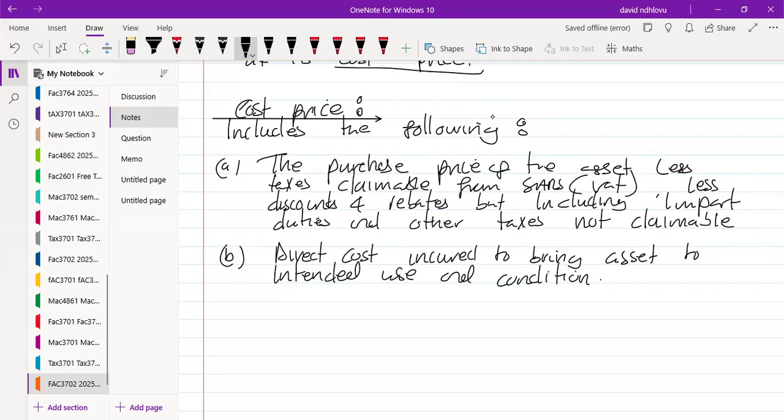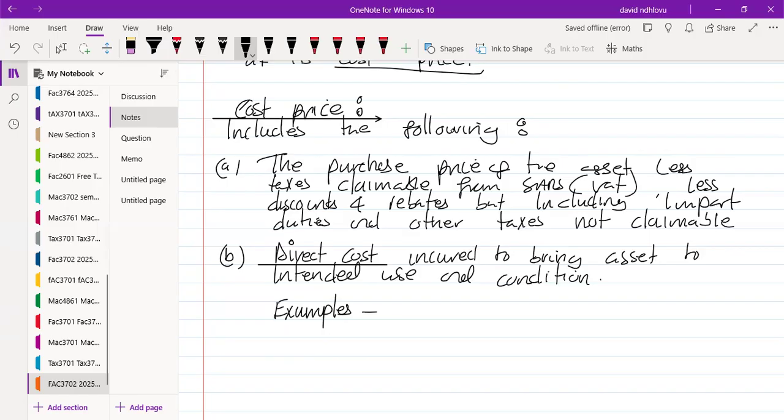Right, so when we say direct costs, this is a cost that would not have been incurred by an entity had it not been for the purchase of the asset that we are talking about. So this is a cost that is a direct result of the acquisition and bringing the asset to intended use. So examples of the costs that we include here,